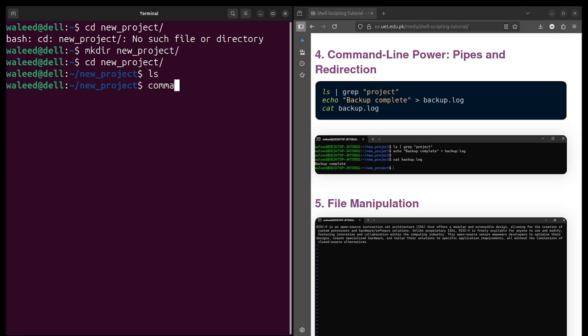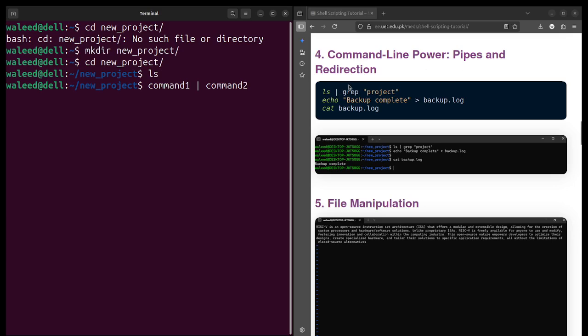For example, you have command 1 piped with command 2. What it will do is look at the output of command 1, and whatever the output of command 1 is, it passes it as the input of command 2.